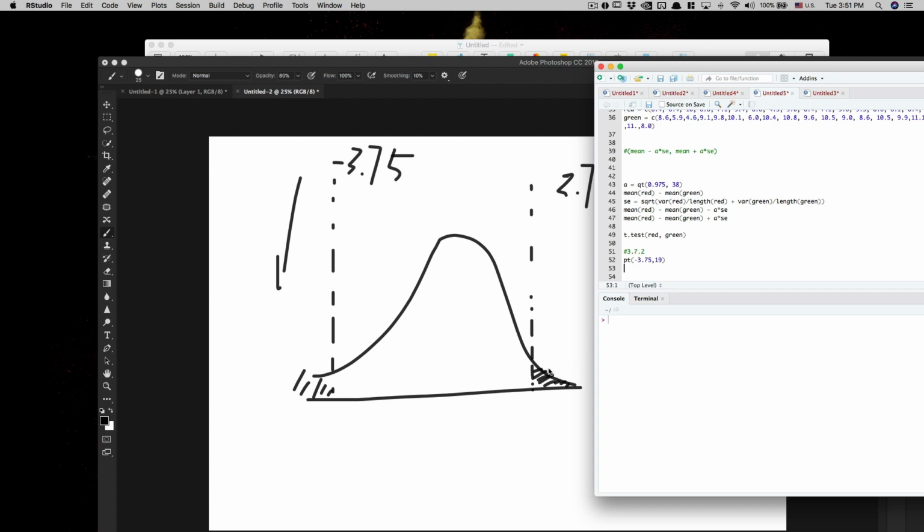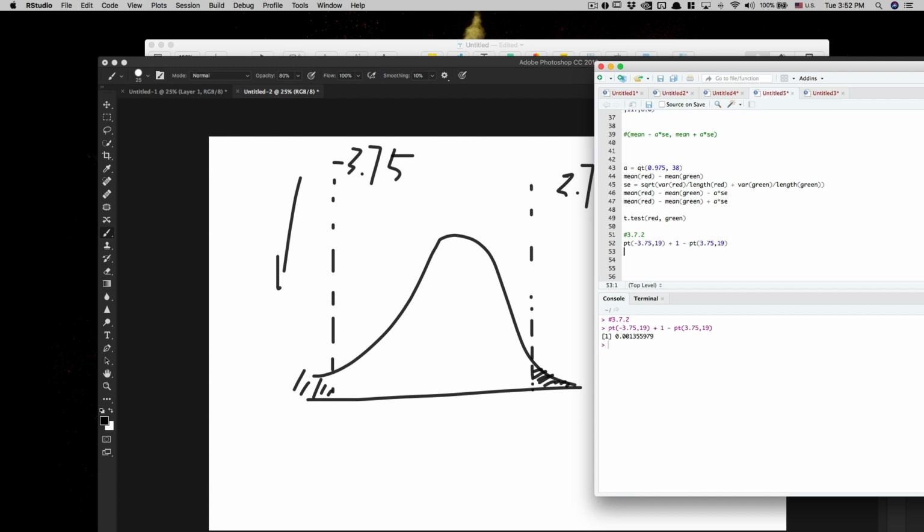So in this case, we have to calculate this bigger area and use 1 subtract this bigger area. So this bigger area is given by pt of 3.75, the degree of freedom is 19, and we have to use 1 minus. So lastly, we want to add up these two probabilities, this part and this part. If we run this line of code, the result is